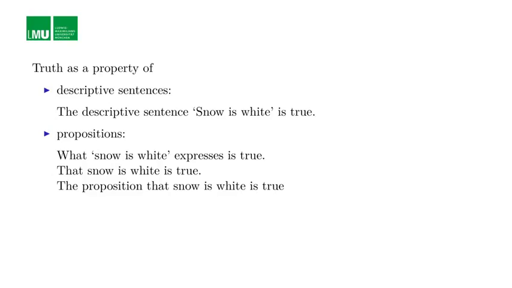As philosophers say, the sentence "Snow is white" expresses the proposition that snow is white, where a proposition is not a string of symbols, but rather what is expressed by, or said by, or conveyed by such a sequence of symbols. In the next lecture, we will introduce a more precise way of thinking about propositions in this sense of the word, but in the present lecture, sentences will be more important than propositions. So truth and falsity are typically predicated either of descriptive sentences or of the things that are expressed by such sentences, propositions. Sometimes, however, we use the term "true" also more liberally.